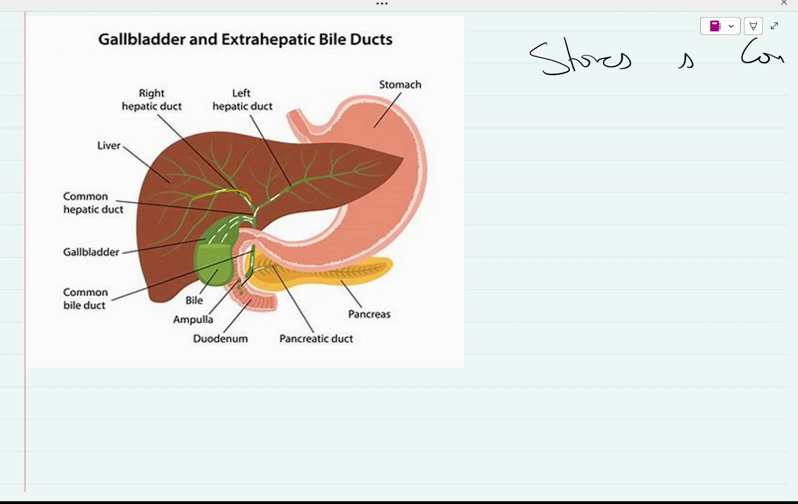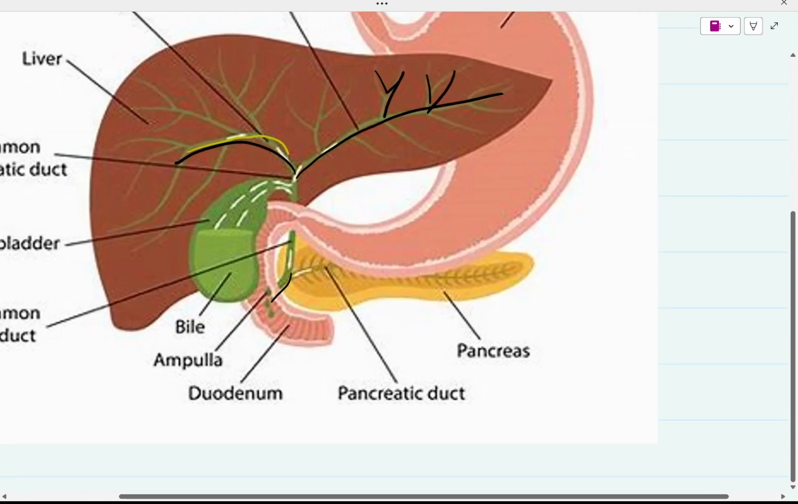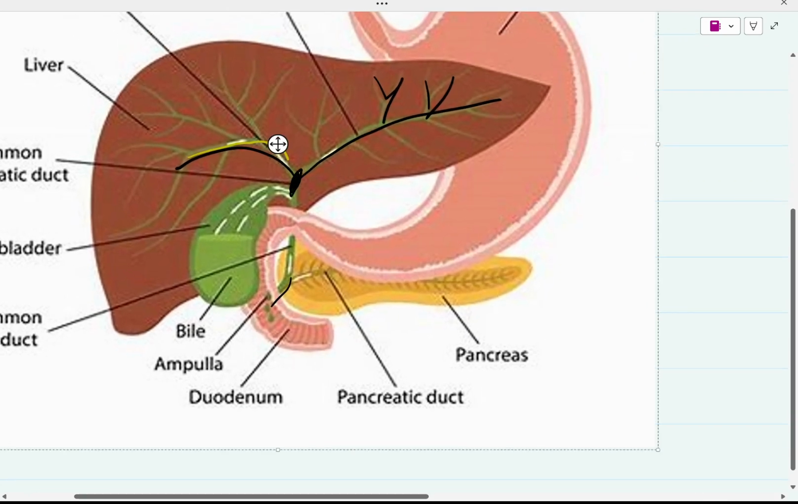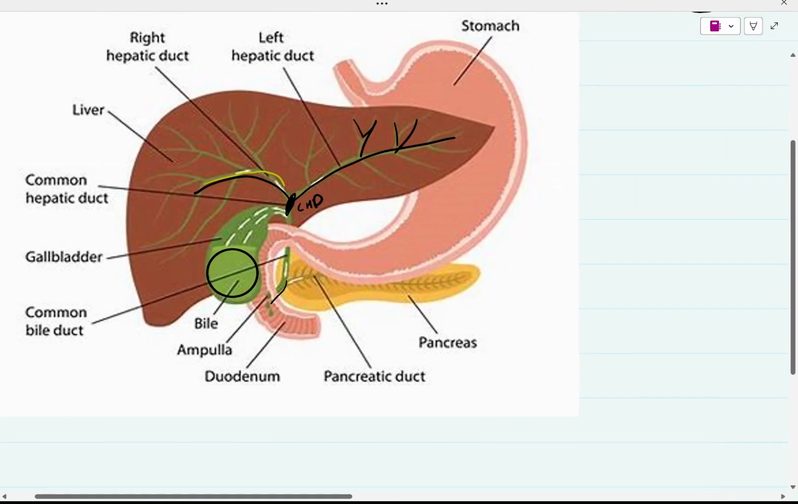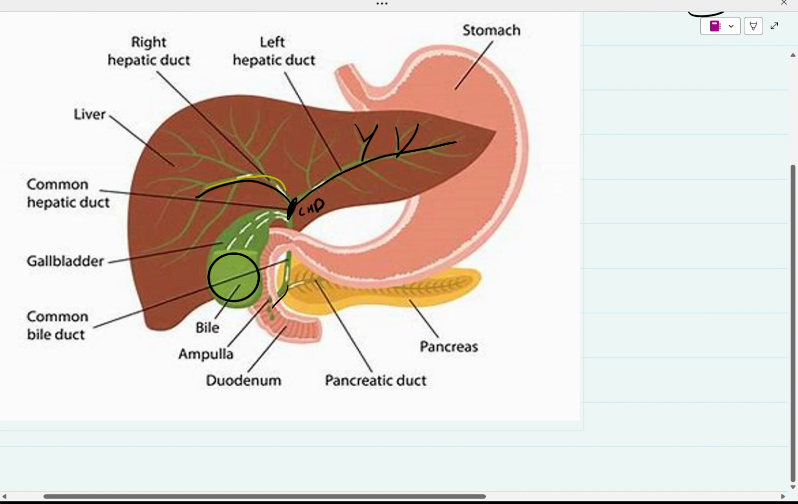So what is bile? The liver produces bile, and from all over the liver, right side and left side, bile is collected and taken via the left hepatic duct and right hepatic duct into the common hepatic duct, CHD. It enters and is stored in the gallbladder. So there is storing of bile fluid in the gallbladder